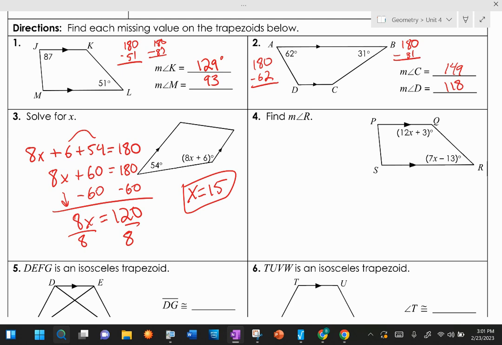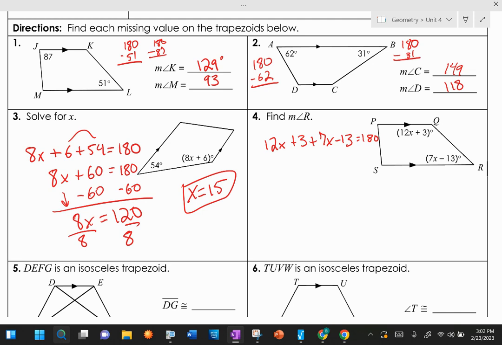Have we done number 4 yet? Anybody? Yeah, I have just finished. Sam, set it up for me. 12x is what she said, because we're listening. Go ahead, Sam. Okay. Equals 180. Perfect. Now this one is really important that you combine like terms because you have multiple x's,